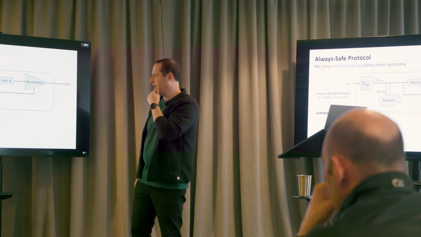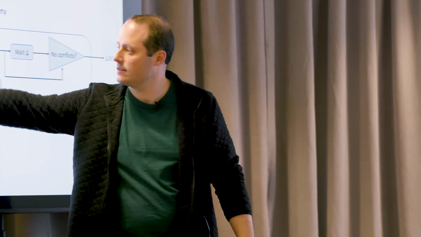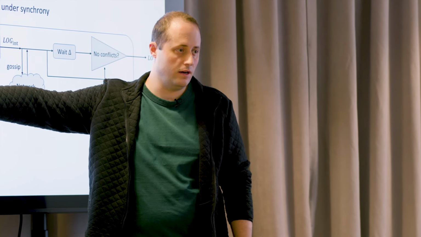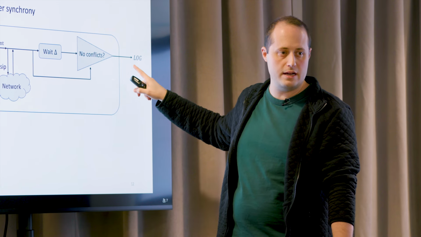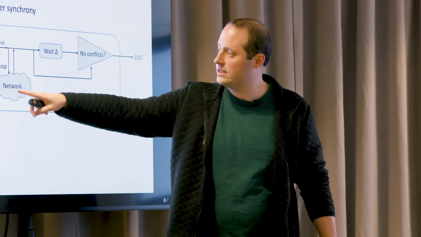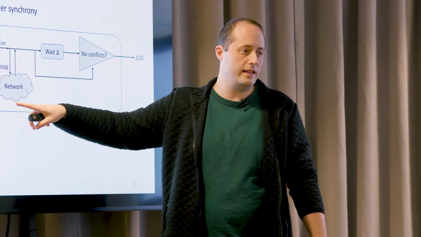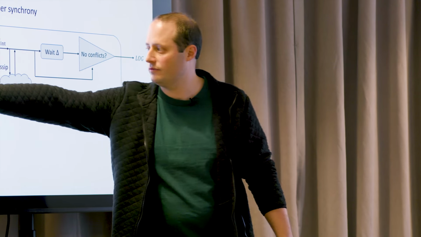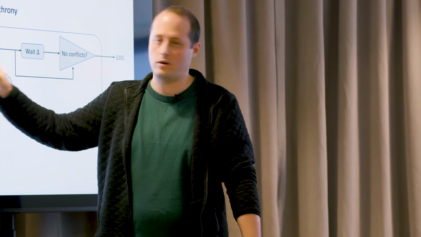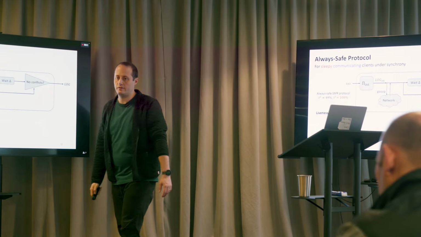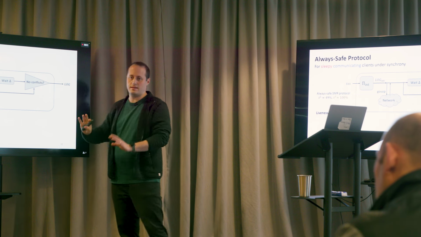So why is that live? Well, we make the assumption that the adversary is 49%, so this protocol is live. We're going to gossip whatever comes out of it, fine. We're going to wait a little bit, that's also fine. Now, the only thing that could stop us from outputting this and jeopardize our liveness is if we receive some conflicting confirmation. But we can't have a conflicting confirmation, because under the assumption that the adversary is 49%, this protocol is also safe. So there cannot be conflicting outputs. So eventually we're going to output this and everything's fine.